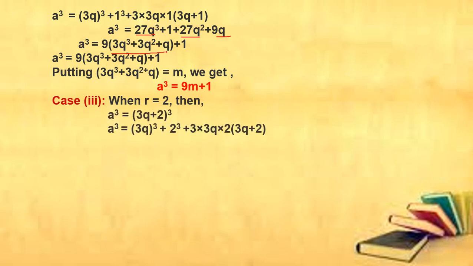Now for the third positive integer, we have case 3, when the remainder is 2, that is a is equal to 3q plus 2. Okay. Now taking cube on both sides, what will we get? a cube is equal to (3q plus 2) whole raised to the power 3. Now again we have to use the identity, (a plus b) cube equals a cube plus b cube